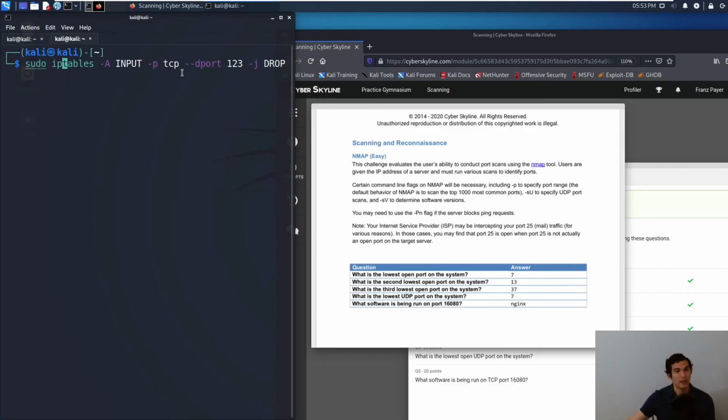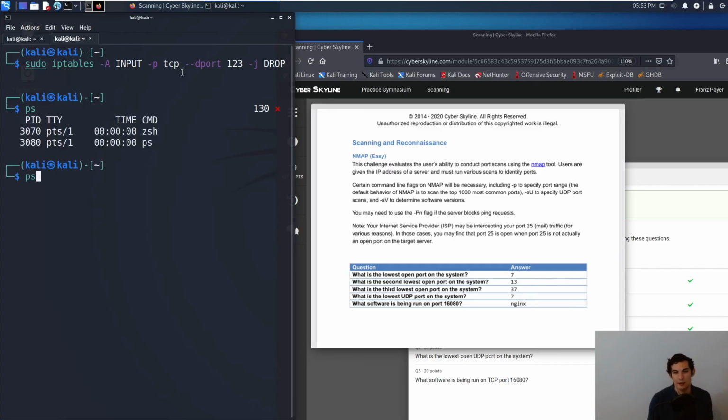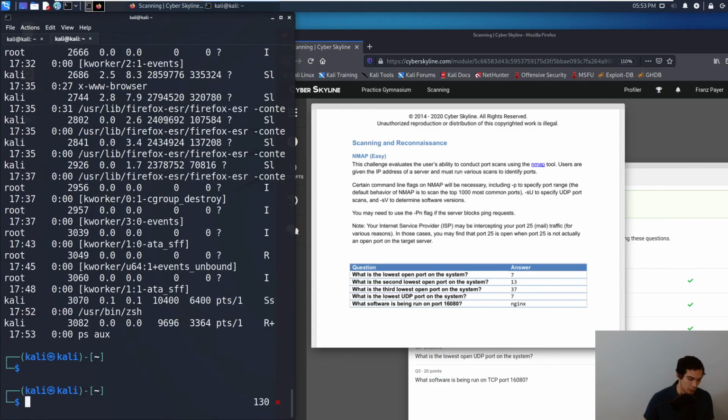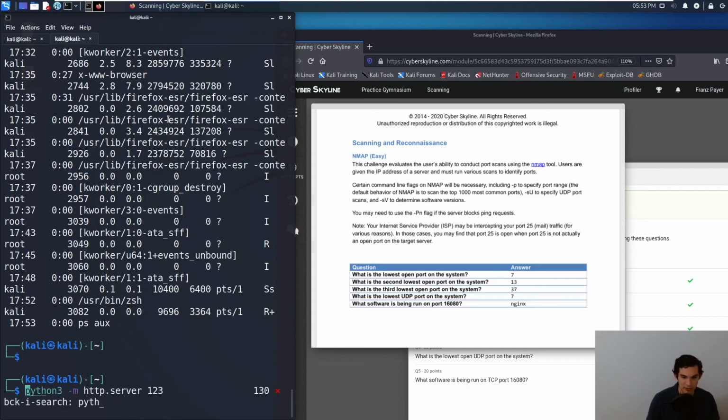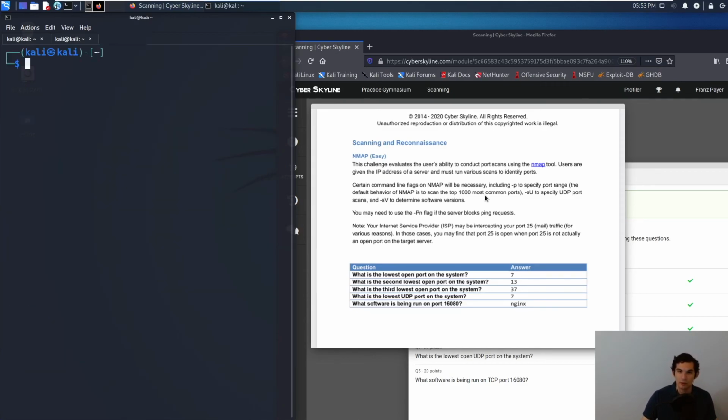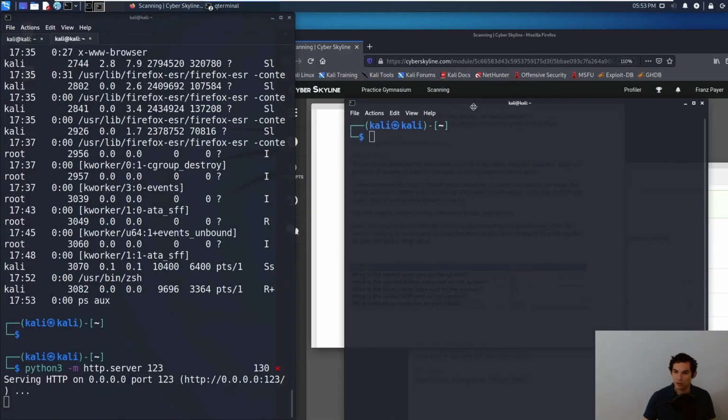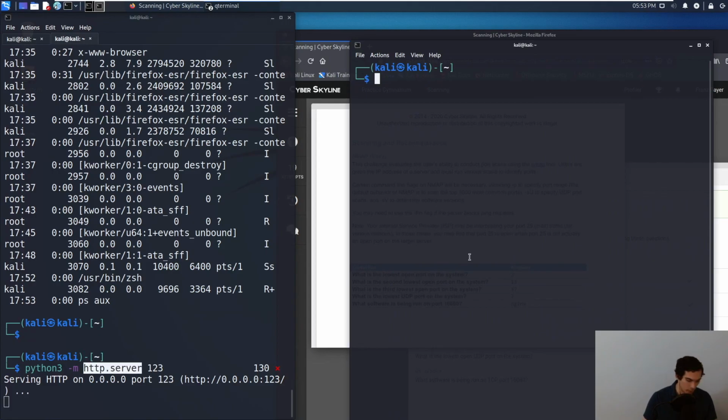The best way to close the port is to run something like netstat to see what open ports are even on my computer, and then you go and kill the programs. So you'll open Task Manager. In Linux, the Task Manager is called ps, and I do a ps aux. As an example, I will start the Python server here. Can I pull this out? Let me just open a new window here. So I have my Python server here on port 123, and if I run netstat -plant,